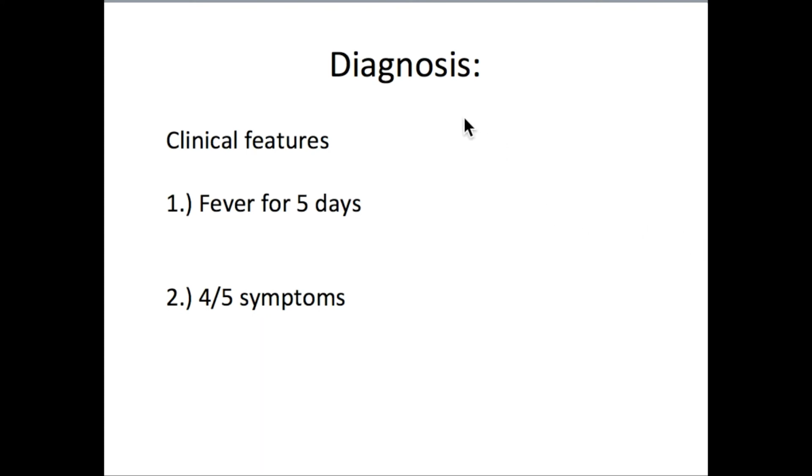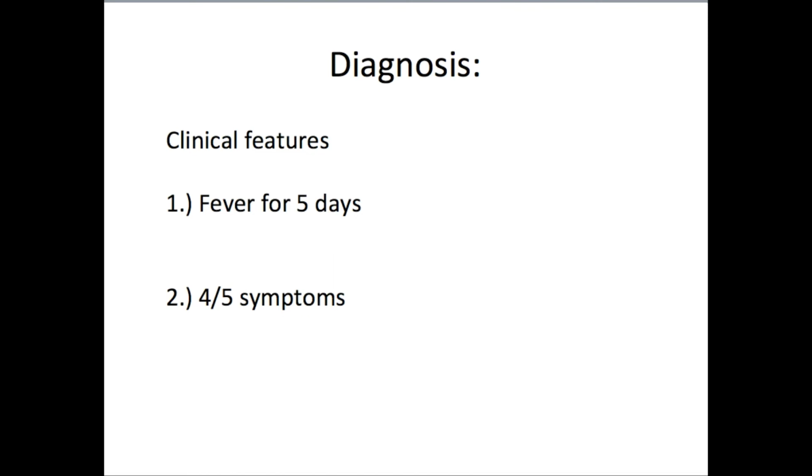Now, I put this in to really emphasize this idea, and this is really how you're going to get any of the questions right. It's not really a hard concept. If you have a patient, specifically a pediatric patient, because Kawasaki is a pediatric disease, a fever for 5 days, and you have 4 out of the 5 symptoms, specifically you have conjunctivitis, you have a rash, you have adenopathy, and you have these